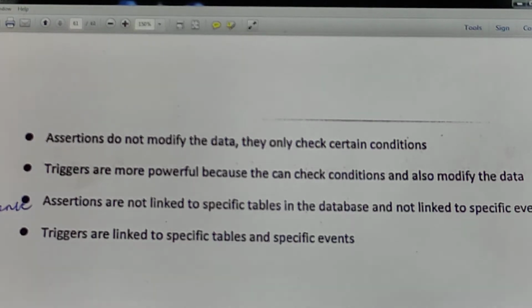I would like to give you one more example for triggers. Suppose I am maintaining an inventory for my company. I am an e-commerce shopping site, and I am maintaining an inventory for my company. Suppose the quantity or the count of any particular item goes below a certain threshold level.